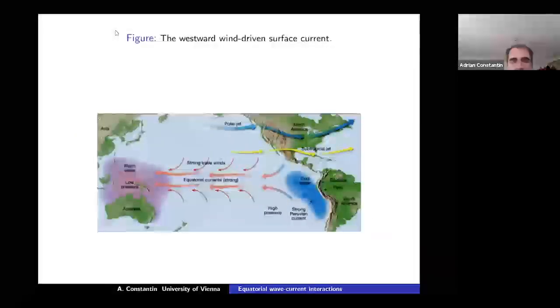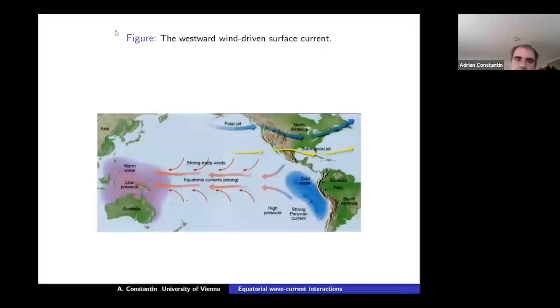Okay, this is, well, an idea of what is going on. So what you have is, along the equator, the wind is blowing practically only westwards. And what is drawn here is the surface current that is wind induced, and it goes westward. And as it happens, near South America, there is cool water, relatively cool, I mean cool for the equator. And near Indonesia and Australia, you have warmer water. This is at the surface.